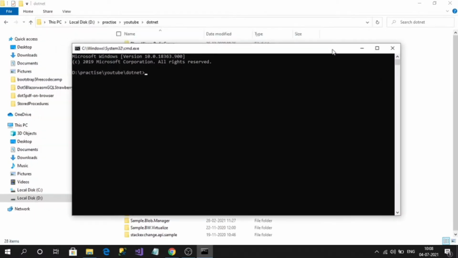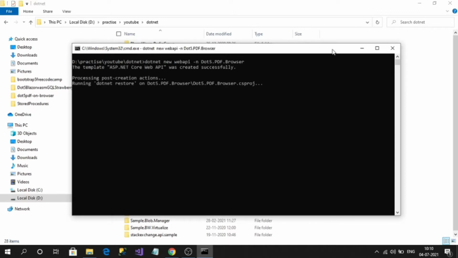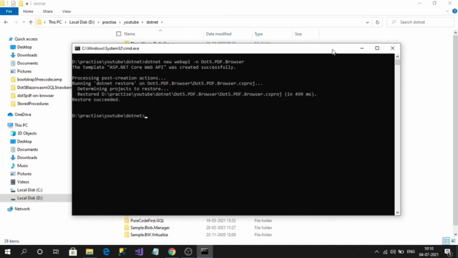Now let's create our .NET 5 Web API project. Here I am using the Visual Studio Code editor. So this is the .NET CLI command to create the Web API template. And to use Visual Studio, we should use the latest 2019 version, because to build .NET 5 we should have the latest 2019 version. So Visual Studio users, make sure to have the latest 2019 VS.